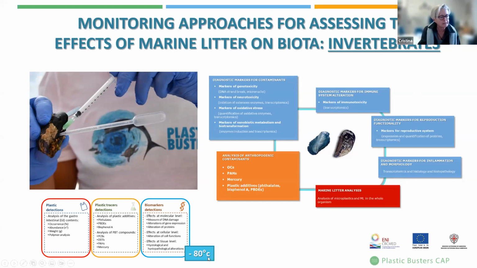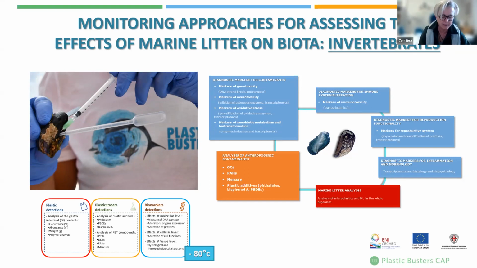Here I have reported a symbolic label, in which it is very important to understand that during the sampling phase, when you collect your mussels, as reported by Dario for the analysis of microlitter ingestion, if you want to perform the biomarker analysis, and I will show you some of that, you have to store the sample in a very proper way, which can be in liquid nitrogen, at -18, or even